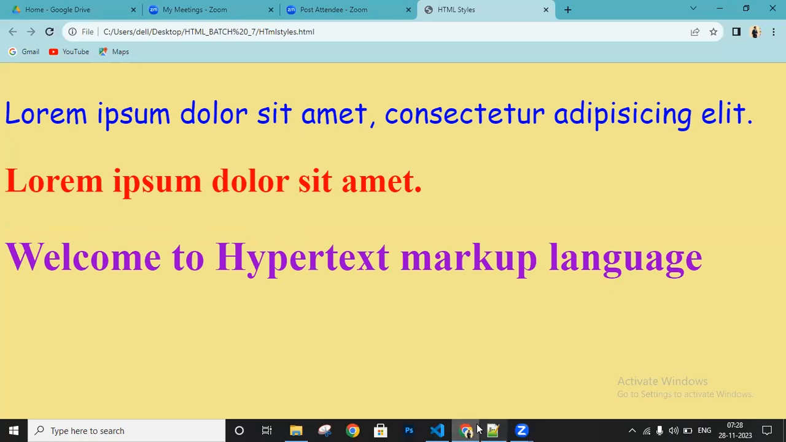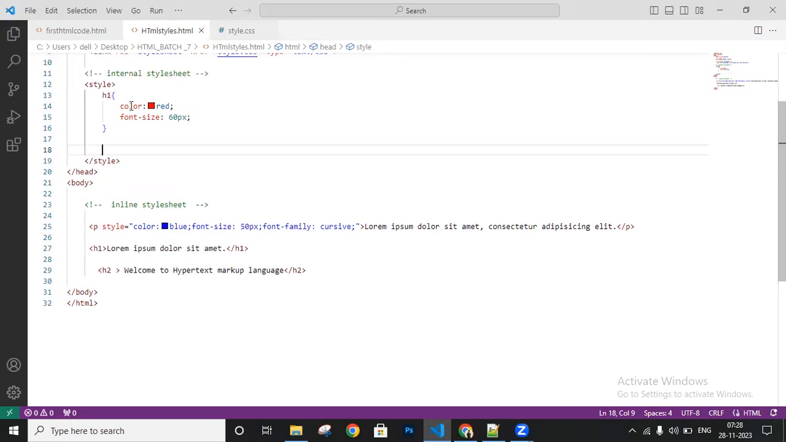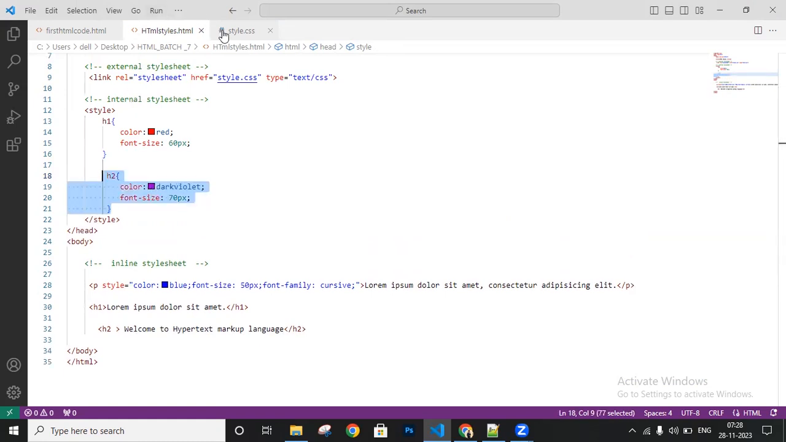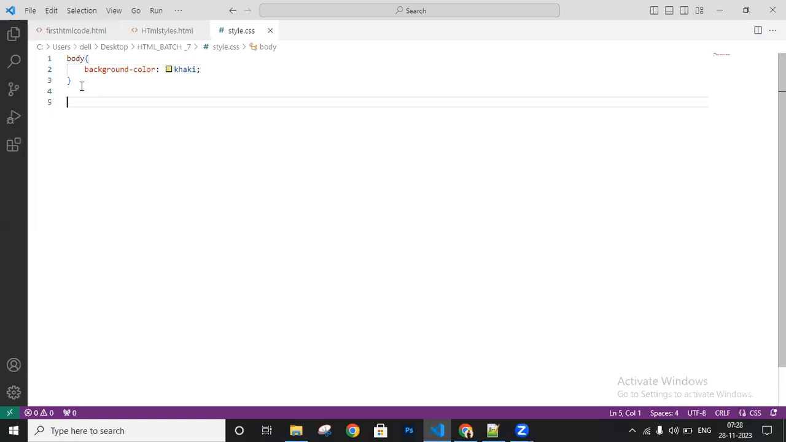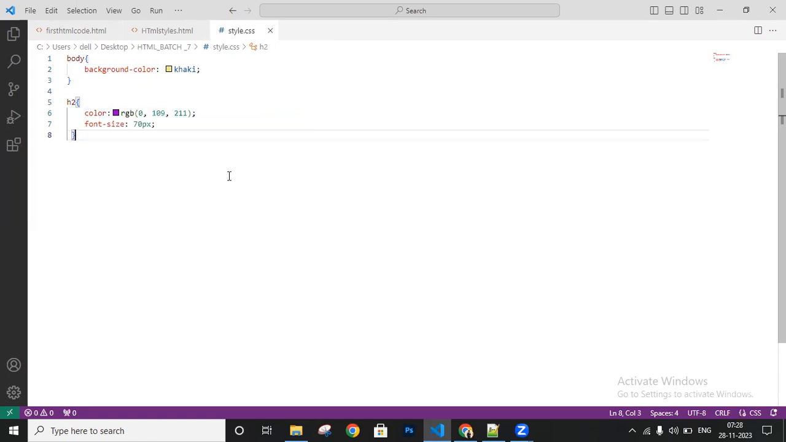Okay, now the same thing, I'll cut this one, or else I'll copy this one. Okay, I'll copy, I'll paste in external style sheet. Okay, so I'll place in external style sheet. So for this external style sheet, let me change this color for this. Okay, I'm just changing the color for this one here, and font size let me make it to